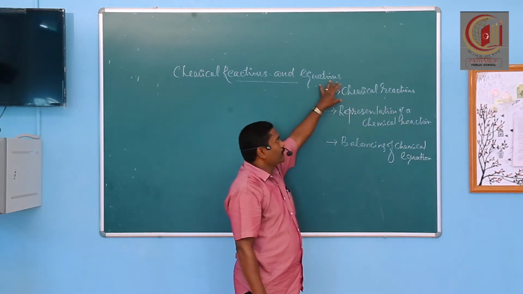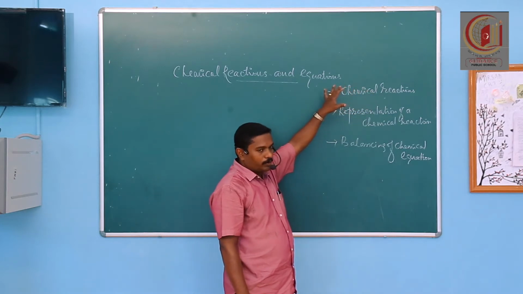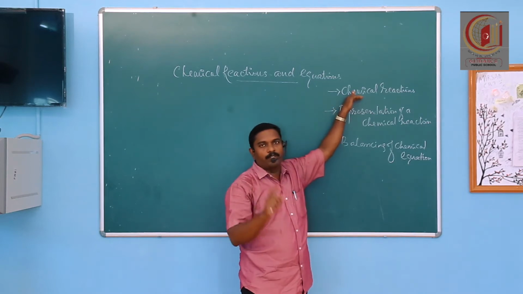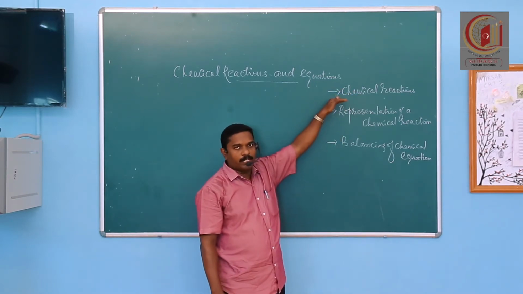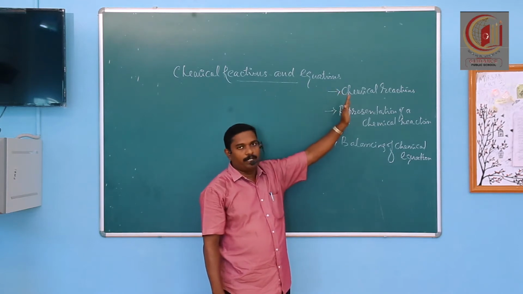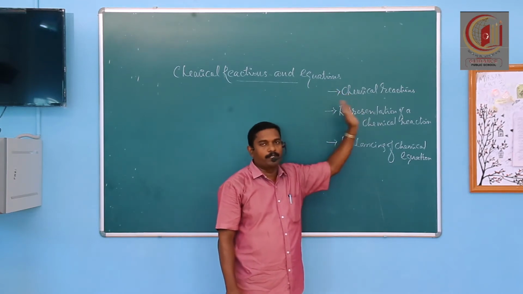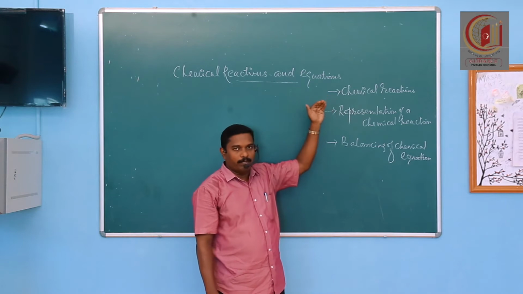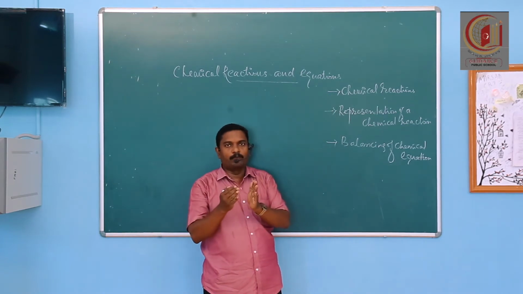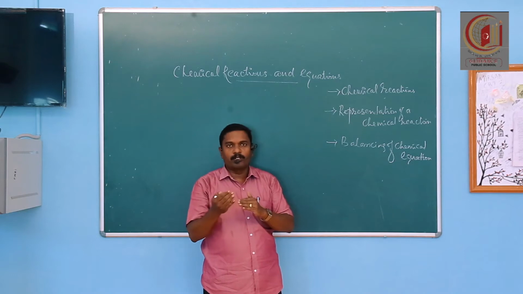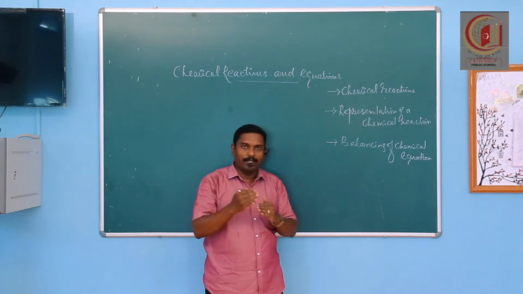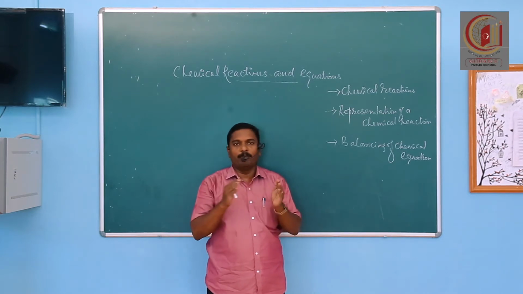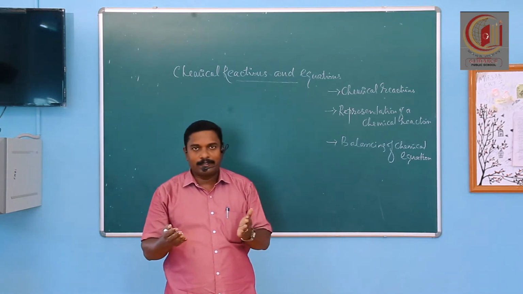Revise these topics. First one, a chemical reaction. Please go through your notebooks. You can see a chemical reaction is always a chemical change. A chemical change, as we know, is always accompanied by a new product with different properties. During a chemical reaction, some bonds in reactant molecules may break and some new bonds may form. So, breaking and making of chemical bonds are termed as a chemical reaction.